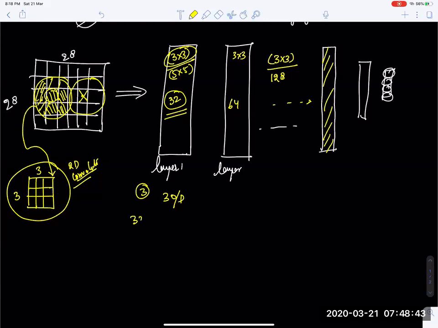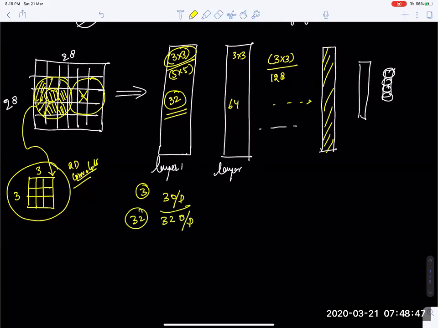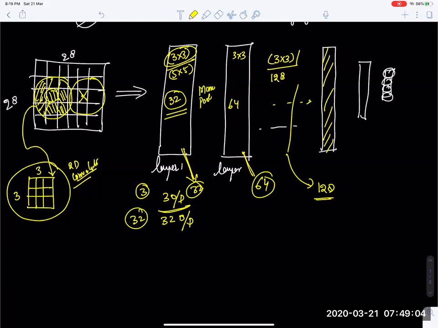If I apply 32 filters, then we are going to have 32 outputs. So this layer is going to give me 32 outputs. This layer is going to give me 64 outputs. And suppose that here there is some layer that's going to give me 128 outputs. In between, we have also talked about that we will be doing max pooling. If I do max pooling, then the size becomes half. Then if I do max pooling again, and after a certain amount of time, you will see